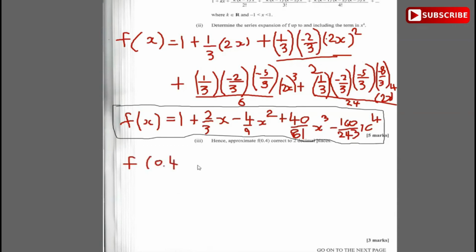Putting in 0.4, we're going to get 1 plus 2 over 3 times 0.4 minus 4 over 9 times 0.4 squared